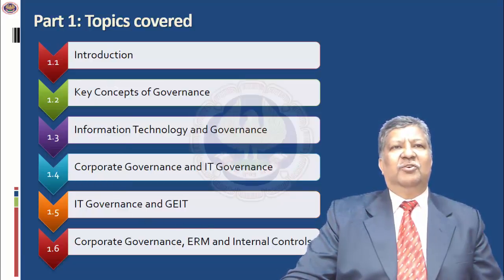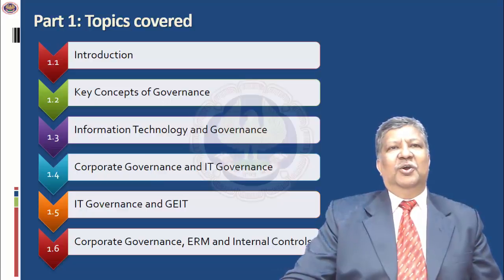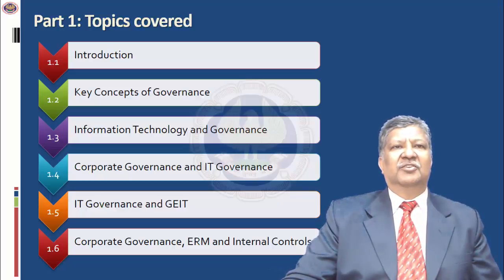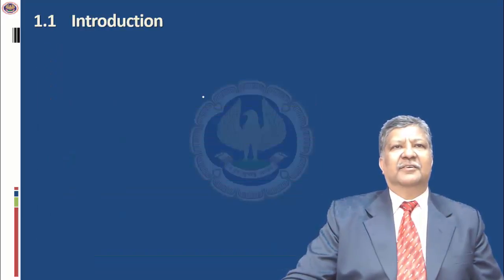Now, quite often I found students get confused between the different terminologies of governance. If you remember the concept I said, when I say governance is all about direction and control, the same underlying theme is there in all aspects of governance, whether it's governance or information technology governance or corporate governance or enterprise governance. So when you look at the benefits in the context of where governance is implied, the benefits and advantages should accrue to the enterprise.